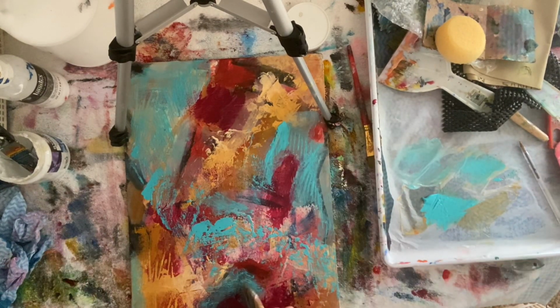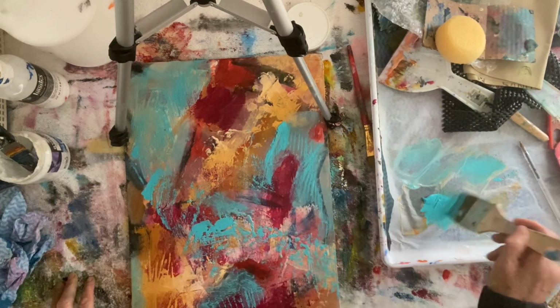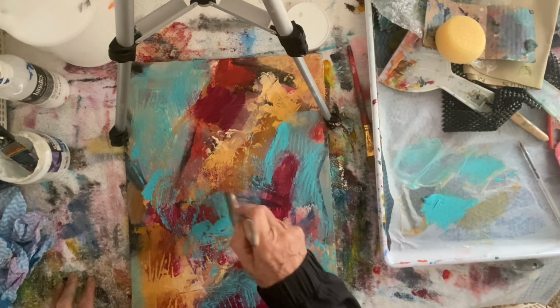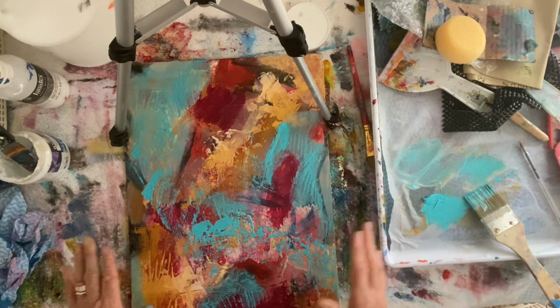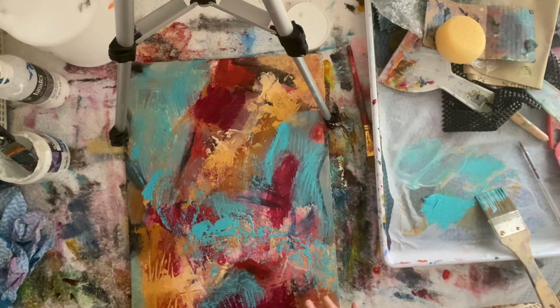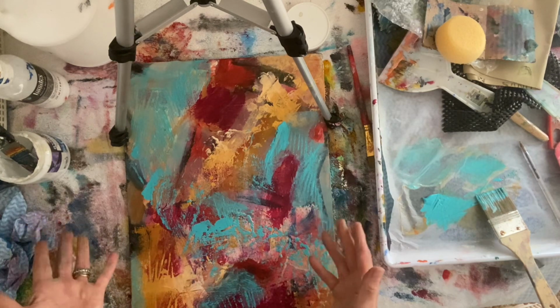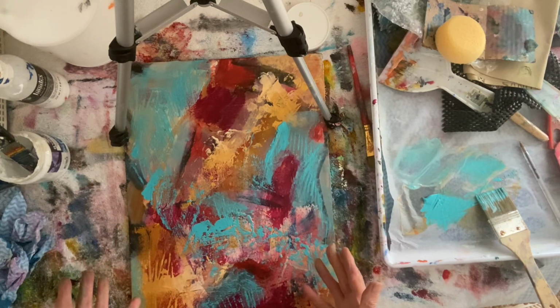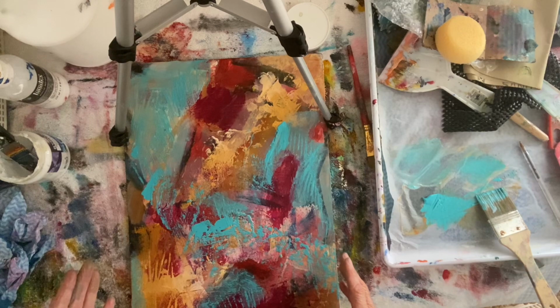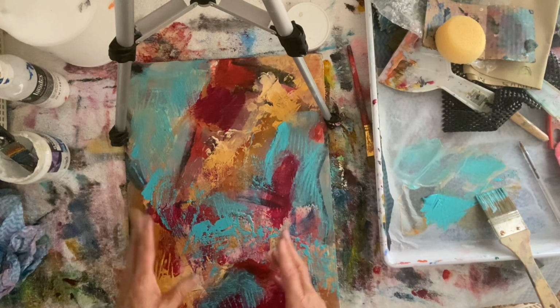There. And then across this there. So you've got the nice, there, you've got the nice lines coming through. Now this is by no means finished. This is just adding layers, okay? But I think it looks a lot better than what it did when I came to do this work with you. I was showing you just how dull it was looking, but already just the contrast, you can see it's